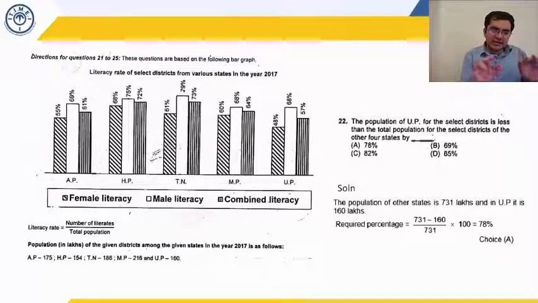So can I say that 20% is 146? You want to decrease 160. Can I say that a little more than 20% has to be decreased? 20% is 146 and 160 is going to be slightly more than 20%. So what do you have to find out? 100% minus a value slightly more than 20%. The only possible answer is option number A.